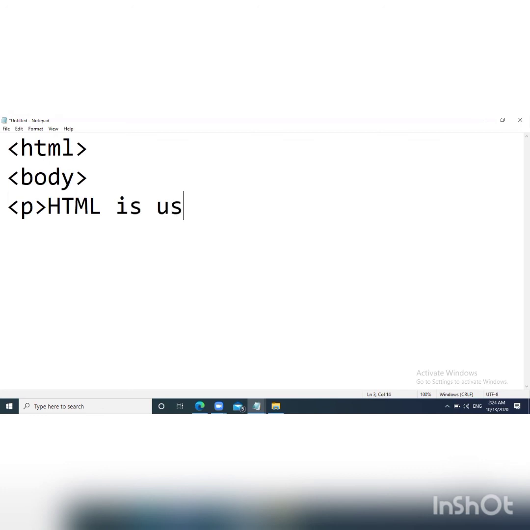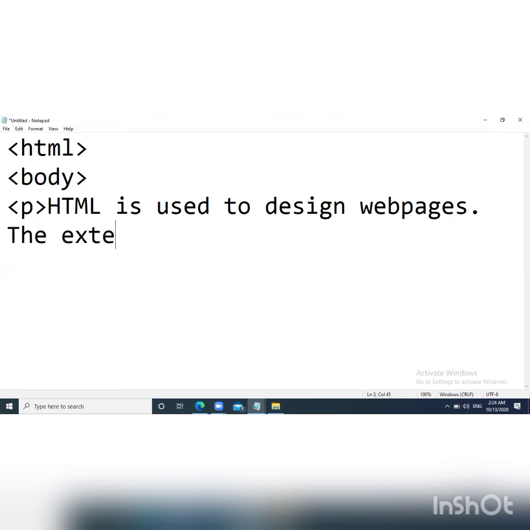I'm writing: HTML is used to design web pages. The extension of an HTML program is .htm, or you can say .html. So I'm just copying it and pasting it here.